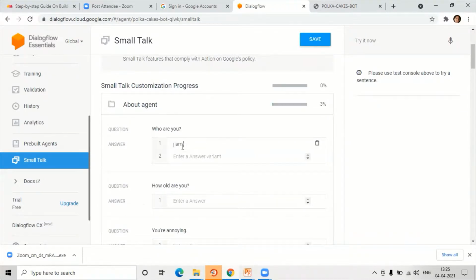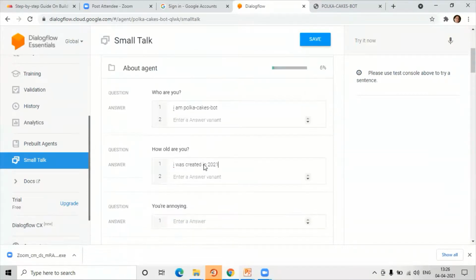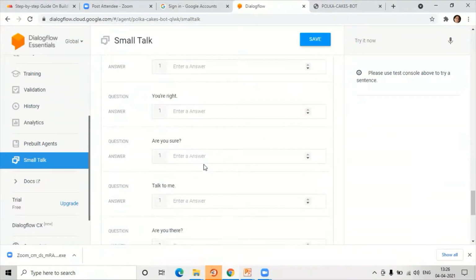I am Polka Cakes bot. How old are you? Maybe I was created in 2021. So these are the different answers which you can give. Then scroll down.